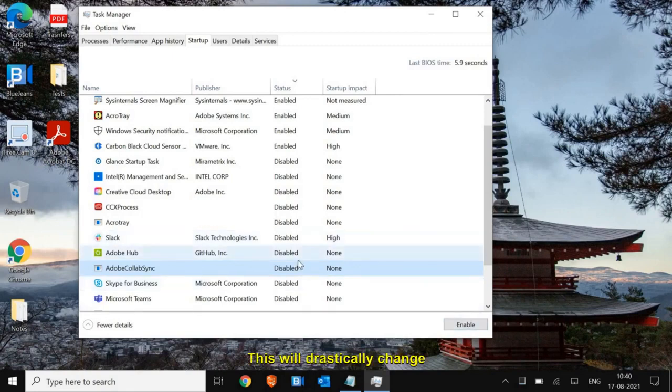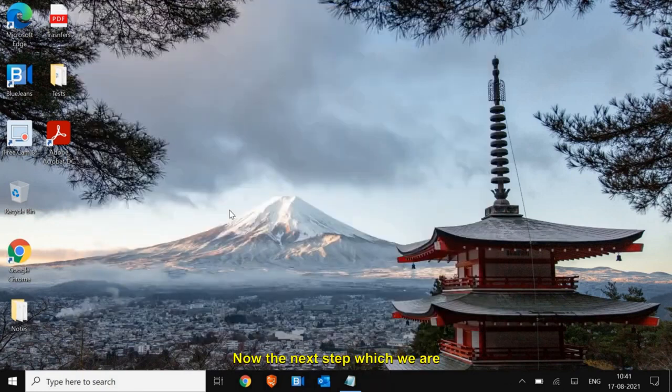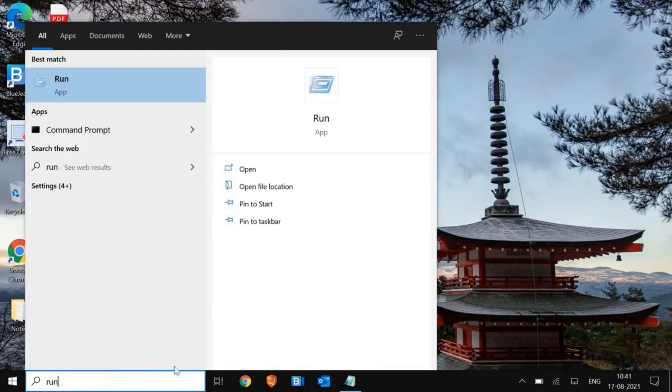This will drastically change the performance, increase the performance of your computer. And if your computer is lagging, if it's slow at startup, this will fix it. This is a major step which you need to do. Now the next step which we are going to do is to disable a service which takes a lot of usage, a lot of memory. So I'll just open the run command, run window,